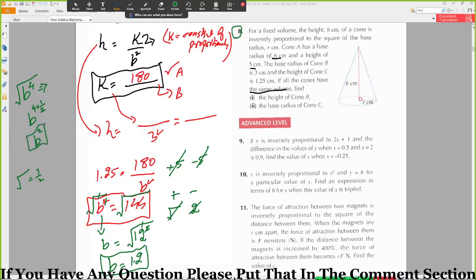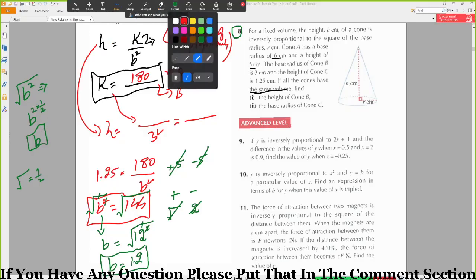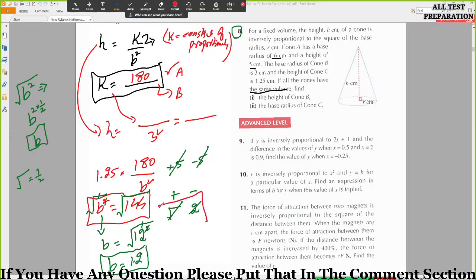If this is square, then 2 will come over here and you will get b over here. That's why normally we say that your square root will cancel out by this square. So here you can write it like this: square will cancel out by this square root, so you will get b. But the proper method is this. You can use this direct method, like you can cancel this square by square root.